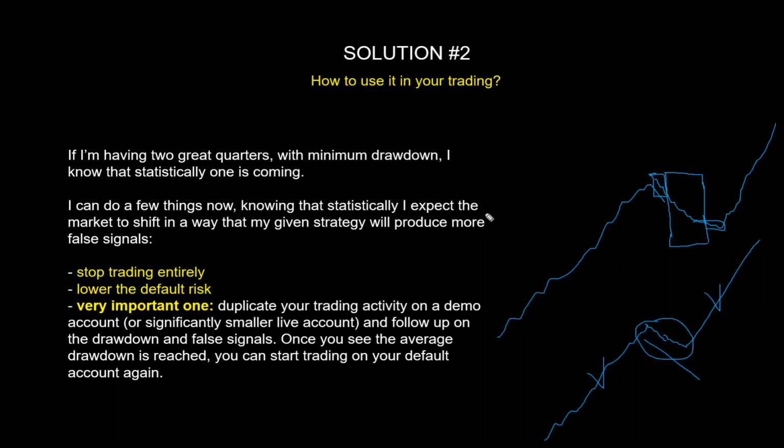So what's the solution here now? Once we identify the average and once we know when we should be more careful with our trading, we start looking for solutions. One of the solutions is to stop trading completely, okay? The other solution is to lower the risk. If you're trading by default with 2% or 20 bucks per trade, okay, then you're going 5 bucks per trade or 10 bucks or 0.5% or 1%.